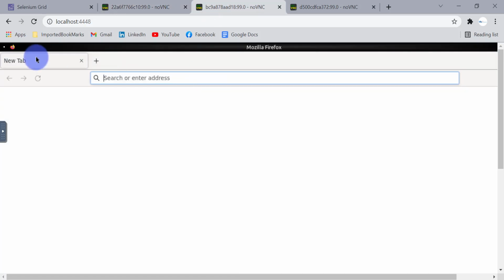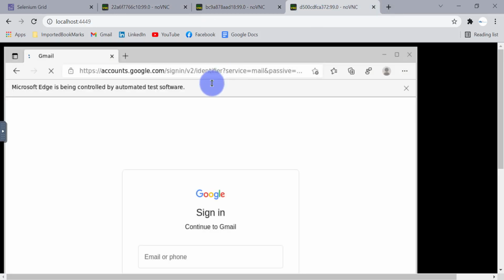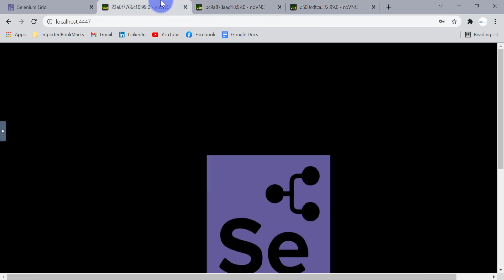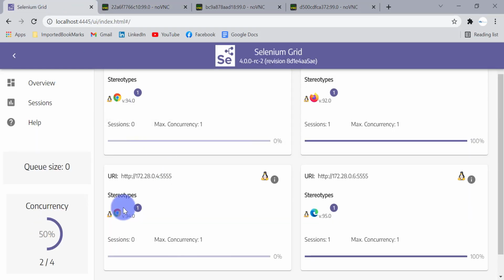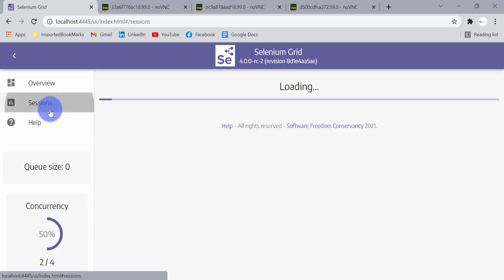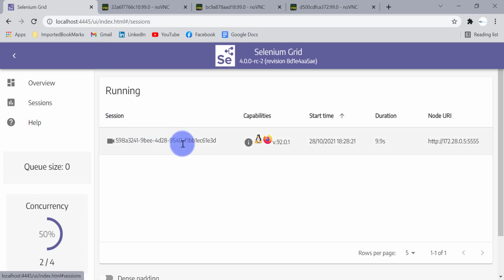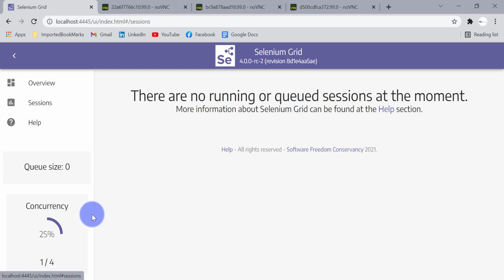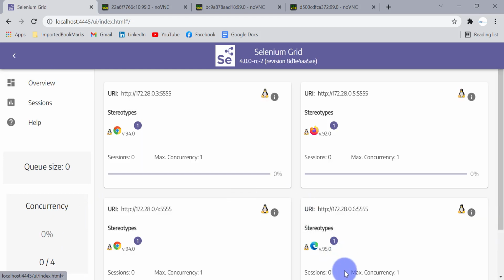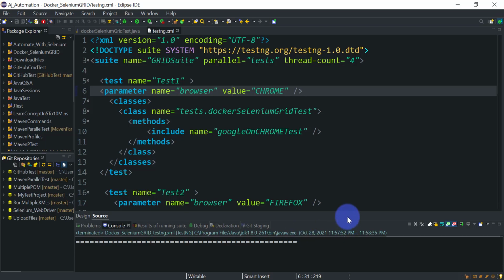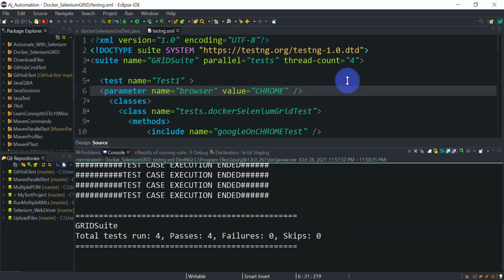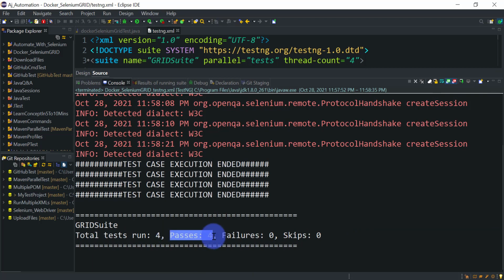It is for Mozilla Firefox, and this container is for Microsoft Edge. Okay, so this is the session which is running. Okay, so all are done now. Our 4 test cases got executed in parallel on this Selenium Grid 4, and all 4 passed.